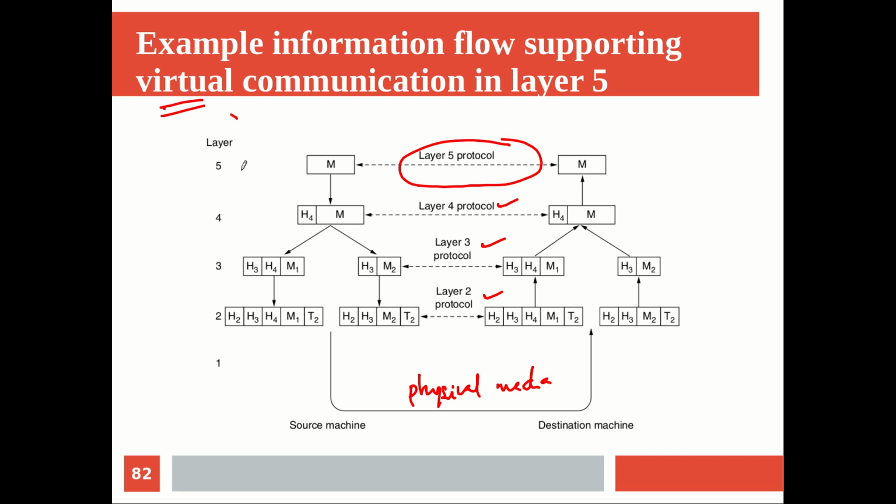Now, as I already told you, they are taking an example where layer 5 passes that information as a whole, say we can call it a message, to layer 4, and layer 4 adds its own header. So this is a layer 4 header. I told you what information is in this header, the additional information, a kind of control information. By looking at this layer 4 header, the same fourth layer at the receiver side will understand what all was done by layer 4 at the sender side.